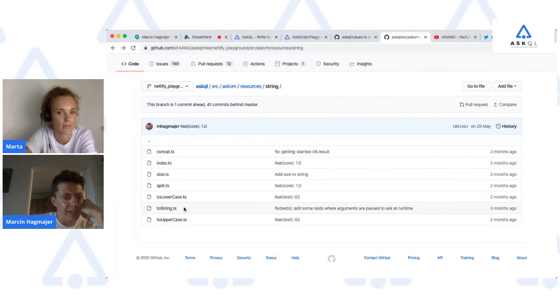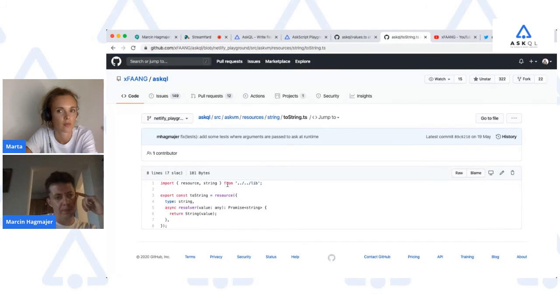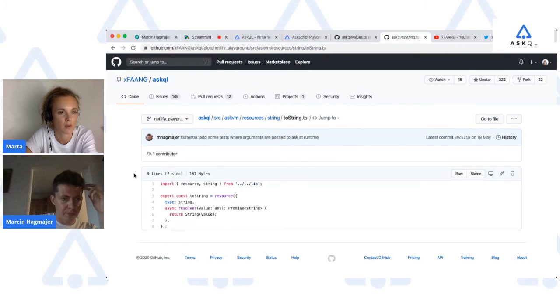Interestingly enough, index.ts is a special file, and you're going to see it in every directory. It doesn't have a resource. It just lists other resources, so you cannot even call it. There's just one more function we haven't covered, and that's toString.